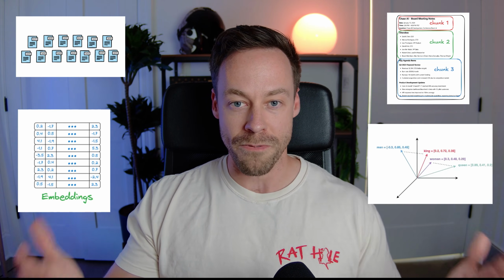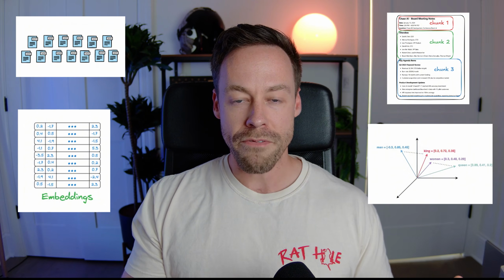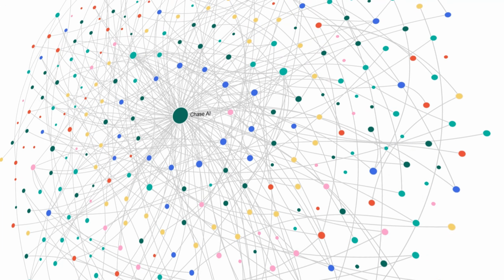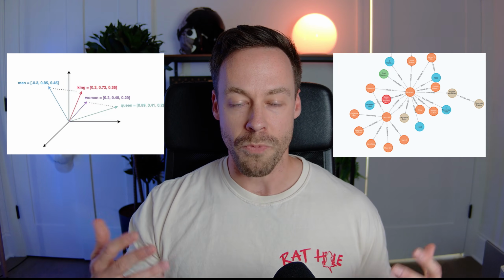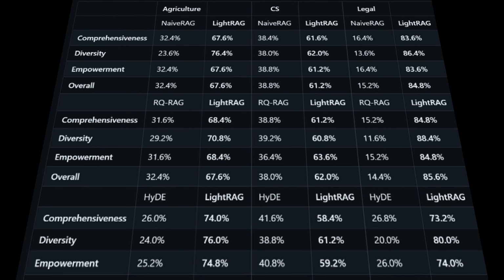You have your documents, it gets chunked up, it goes into embedding, and goes into a vector database, right? Well, GraphRAG takes it a step further where we aren't just using a vector database, we're using a knowledge graph. And that knowledge graph is essentially taking that vector database, but defining the relationships between each vector. And why do we care about that? Well, because it gives us more accurate answers, which solves our problem in part of how do we make RAG